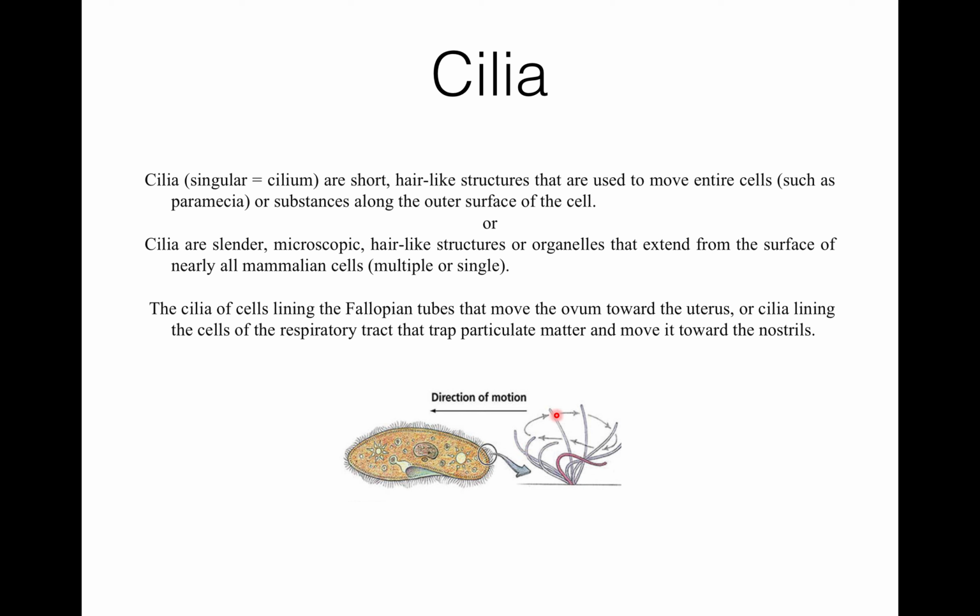What is a power stroke or recovery stroke? During the power stroke, the cilium moves stiff due to contraction of the axoneme and it moves backward with a force, and this gives a forward push. Now the recovery stroke. During this stroke, the cilium becomes loose due to elasticity of the protoplasmic sheath, and it moves forward to its original position. In ciliary beating, the power stroke is more powerful than the recovery stroke, and ciliary beating is like the rowing of a boat.